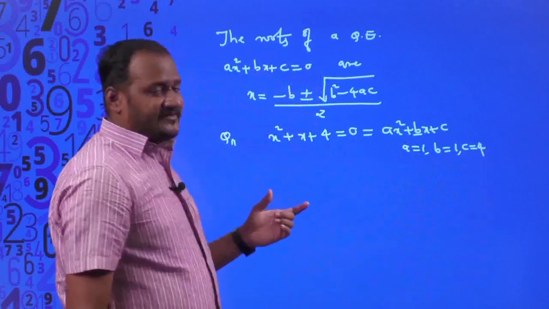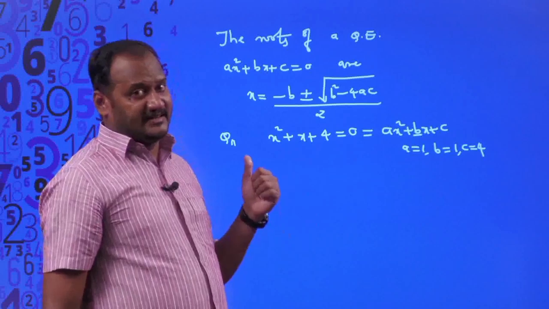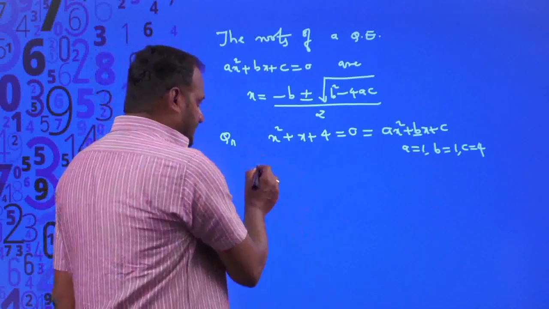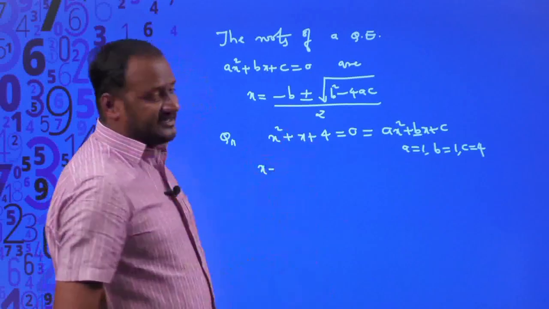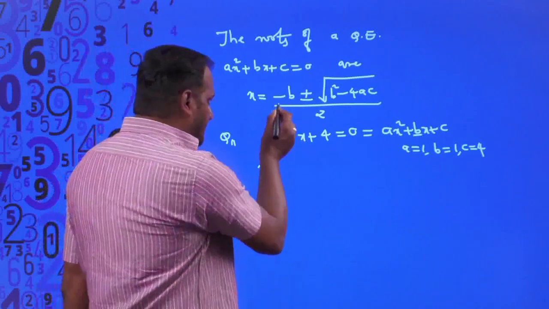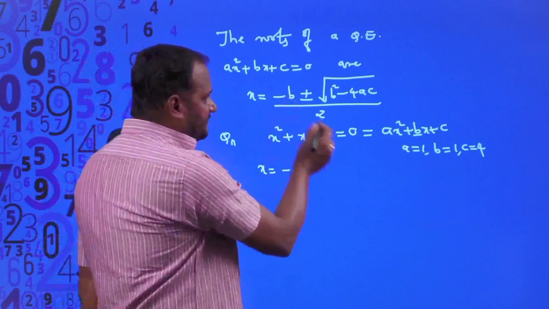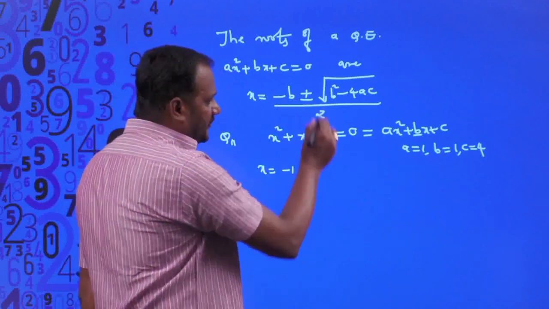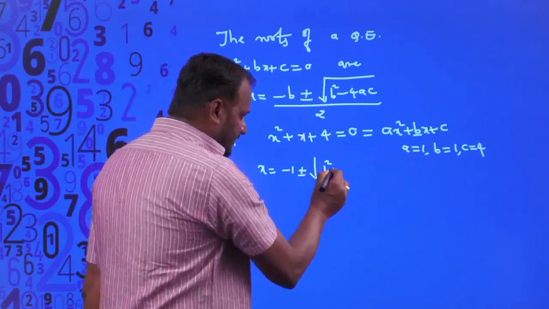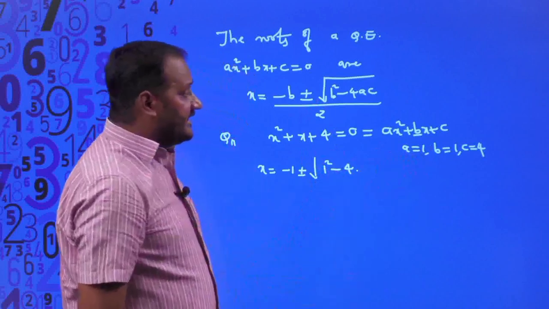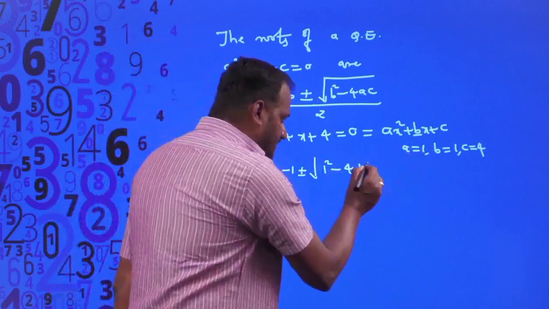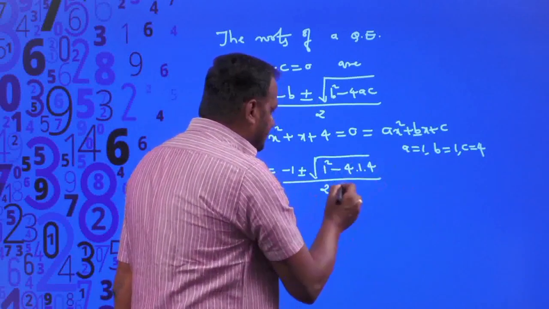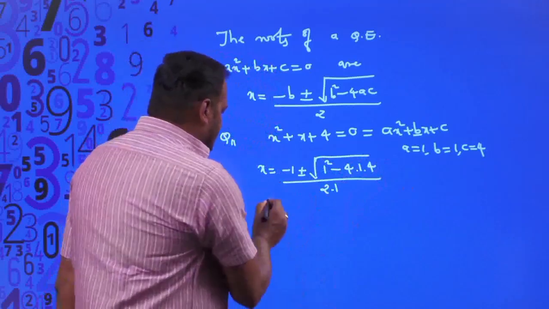Okay. After identifying the values of a, b, c, let us go to the quadratic formula and then substitute back in that. So what is that quadratic formula? x is equal to, already we have written here, x is equal to minus b, the value of b is equal to 1, plus or minus square root b square, b is equal to 1. So that 1 square minus 4 into a into c, again a is equal to 1 as well as c is equal to 4, whole divided by 2 times a, a is equal to 1 again, correct, which is equal to